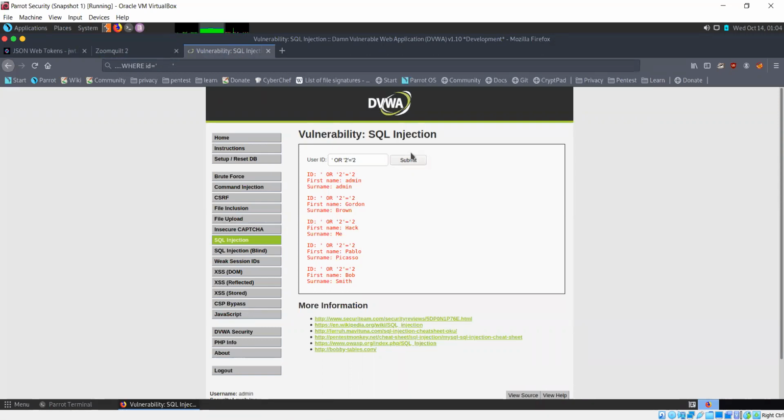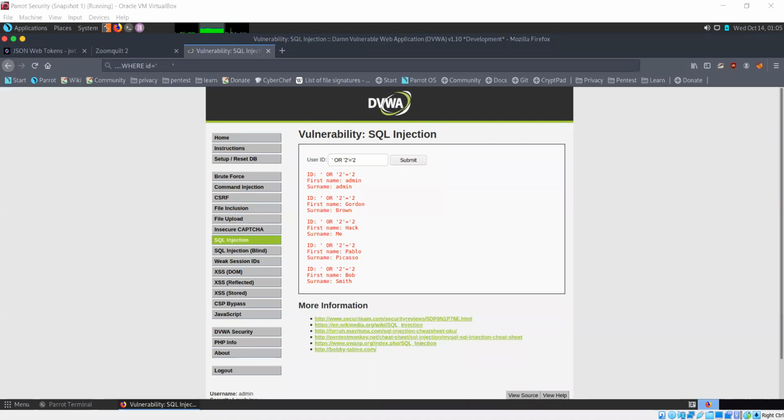Now this is just one way to perform SQL injection. There are other concepts involved as well, so let's go over those too. Using this 1 is equal to 1, we are able to extract data for all users. That is something that we have done.